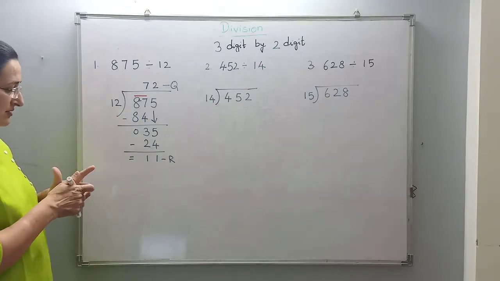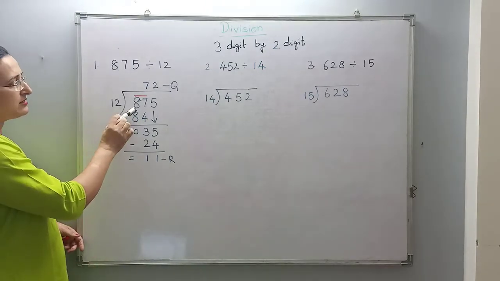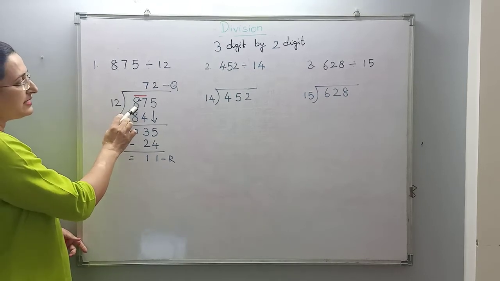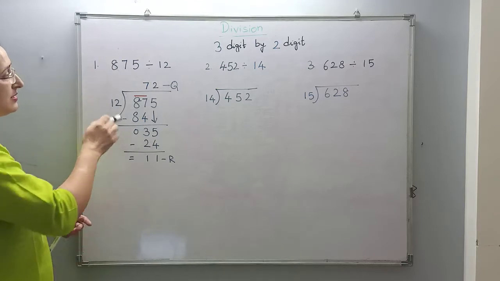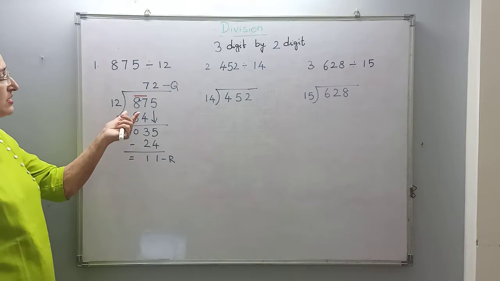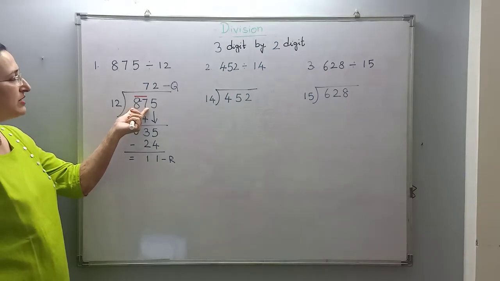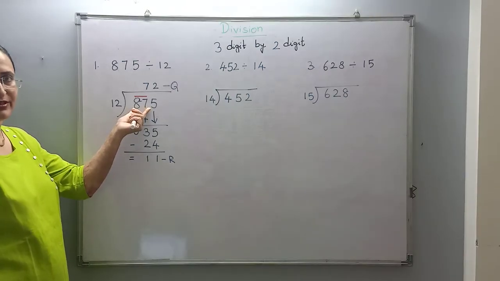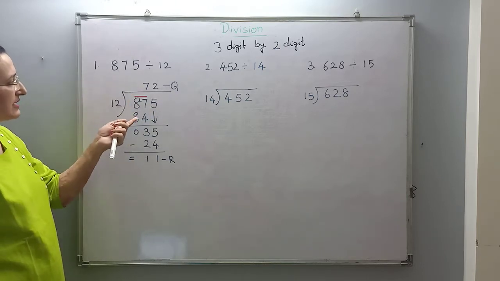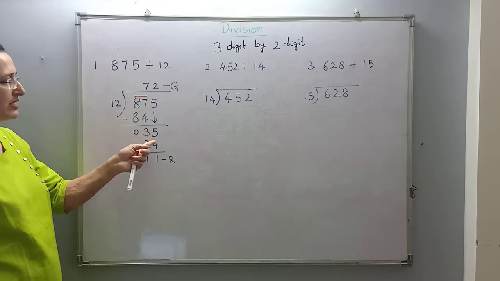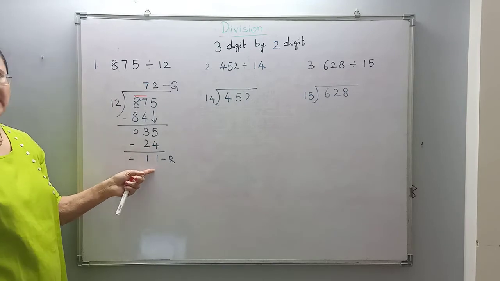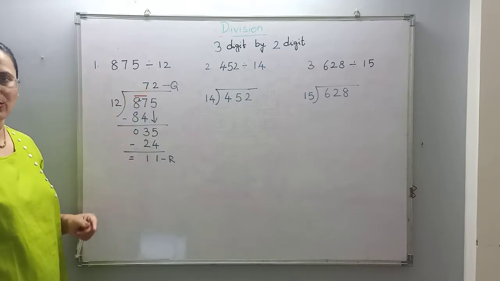I repeat again, when we are dividing a number by a 2-digit number, you cannot divide a single number as we used to do earlier, but you need a partner now. So I have drawn a line on top of it so that you understand that we are going to divide 87 first and then the rest of the numbers. So now 12 sevens are 84, 3 remains. Bringing this 5 down becomes 35. 12 twos are 24 and 11 is the remainder and 72 is the quotient.